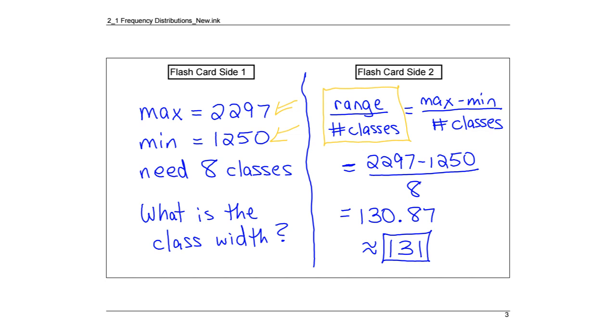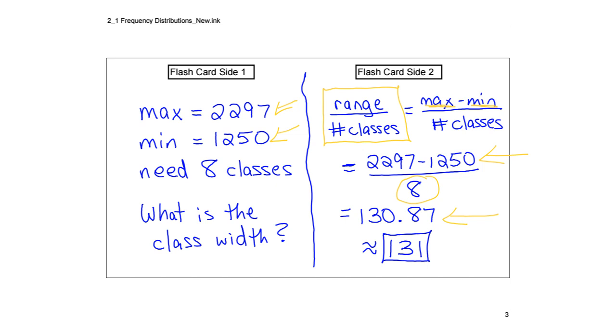So the range, we did a little bit in part 1. The range, we're going to take the maximum point minus the minimum point. So for us, that's going to be 2,297 minus 1,250. That's the range. So the largest data point minus the smallest data point, the max minus the min. And then we're going to divide by the number of classes. They told us they wanted 8. So in this case, if you put that in your calculator, you get